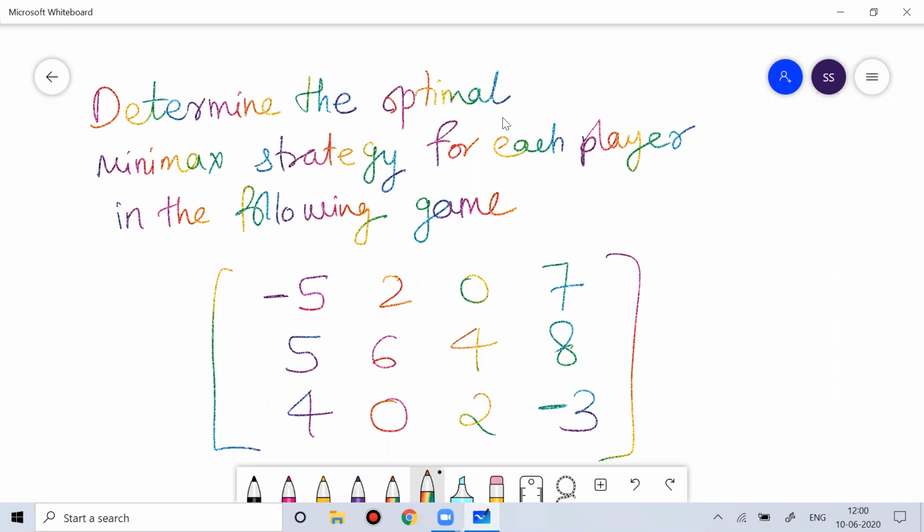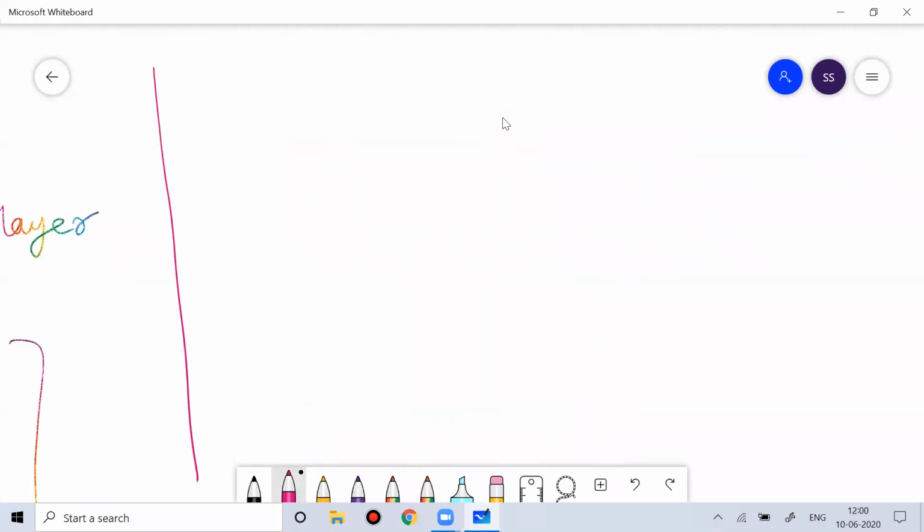So I hope you are done with this. Okay, let's go ahead. Imagine if I ask you this problem: determine the optimal strategy for this given set of data. Two people are there, A and B. This is the payoff matrix of A. I am asking you, tell me the value of the game, and the optimal strategy for A and B.